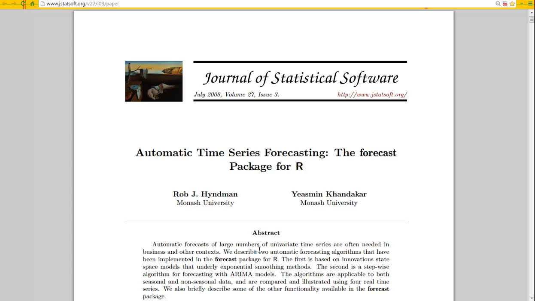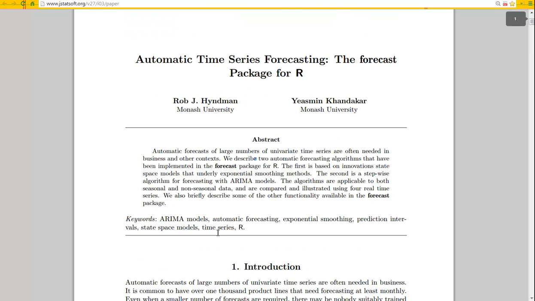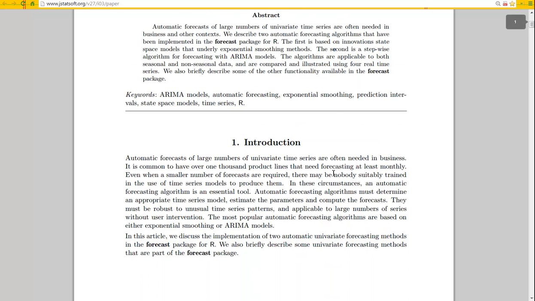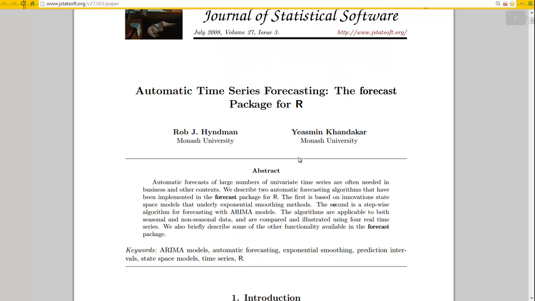Now let me just say that forecasting is a big subject, and time series forecasting, which is what we're doing here, you could easily spend 40 lectures on a class like this. In our class we have a total of 14 lectures, and we don't spend 14 lectures even on this subject, but you could easily take courses where you would spend 40 or 45 lectures or more. So of course we won't be able to go into the details. However, let's just read what this package is about.